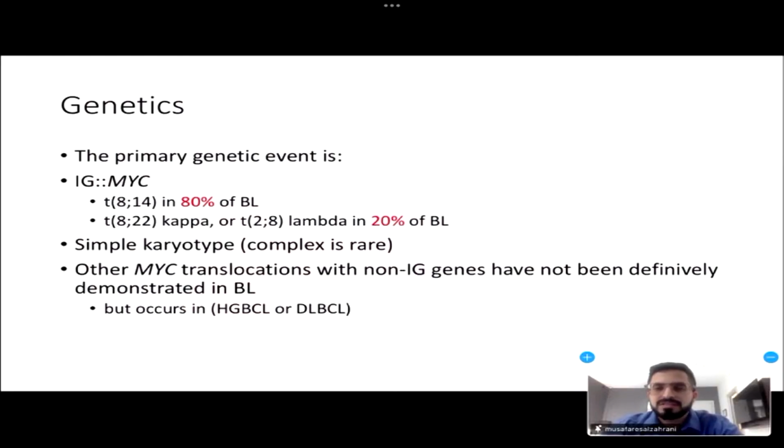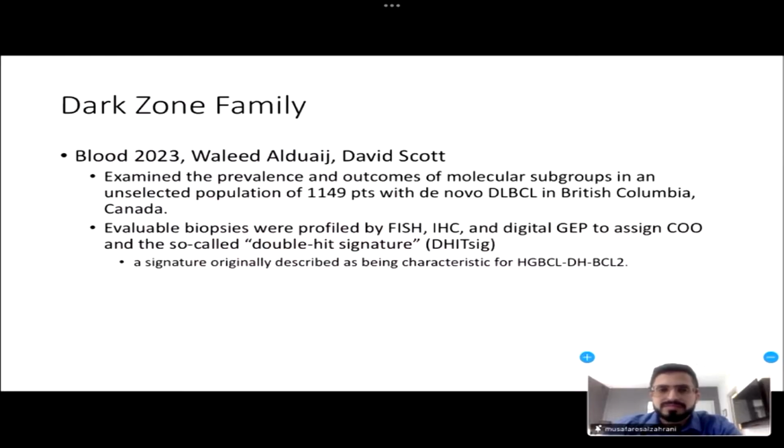The other translocations with MYC with non-IG partners are not something that is associated with Burkitt lymphoma and should make us think about a different type of diagnosis, like a high-grade B-cell lymphoma or some forms of aggressive diffuse large B-cell lymphoma. This takes us to the recently described dark zone family, or dark zone lymphoma,